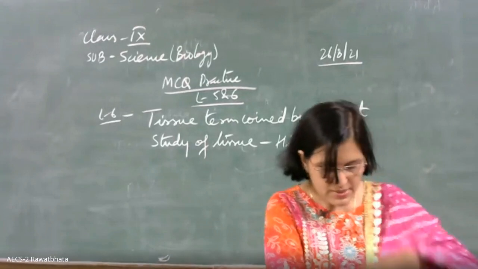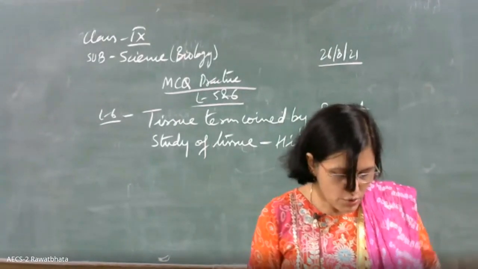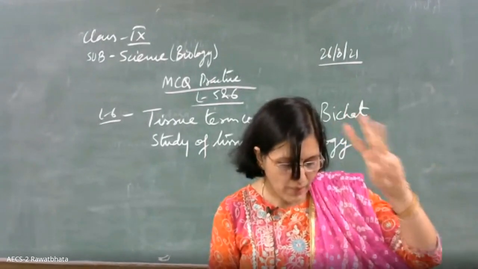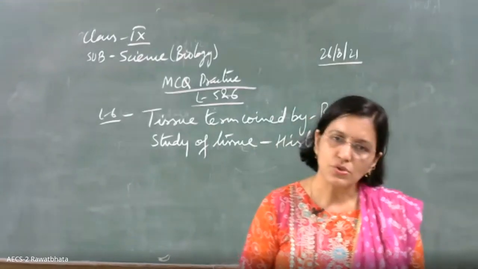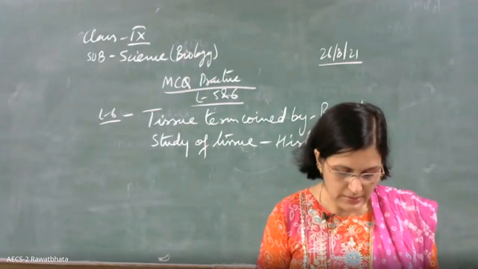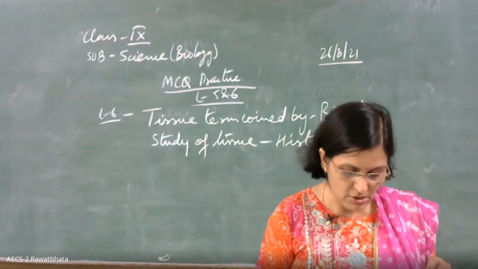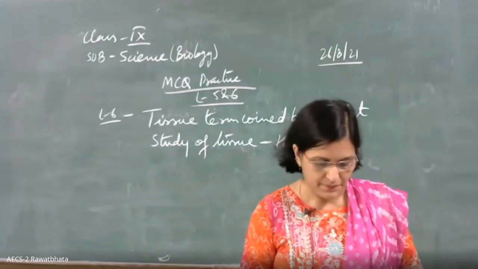Meristems are cells that, I'm giving you the options now: store food, help in excretion, provide support, divide continuously to produce new cells. Ma'am, divide continuously to produce new cells. Okay. The next question is, plant length is increased by the activity of apical, lateral, all of the above. No, no, ma'am. Apical. Length, apical. Okay, length, apical.